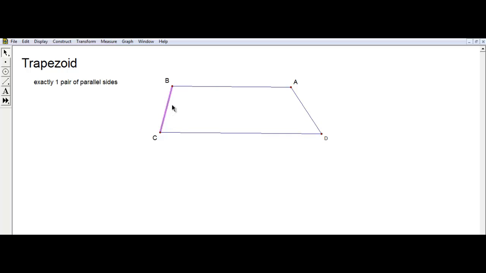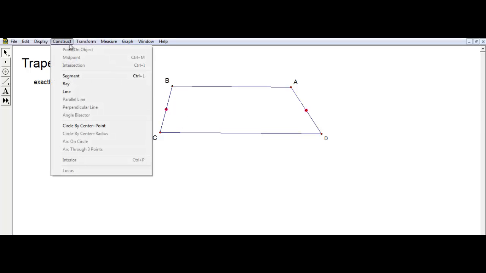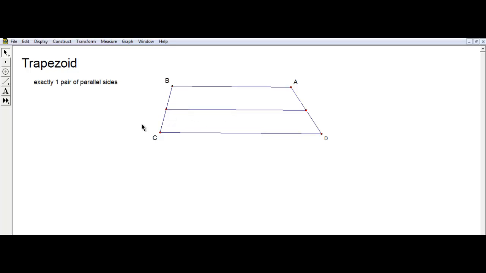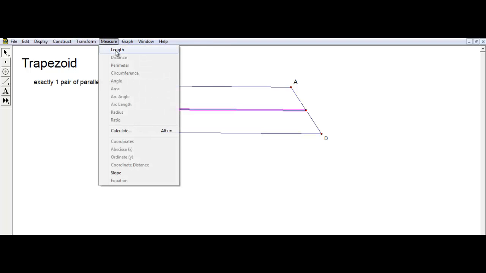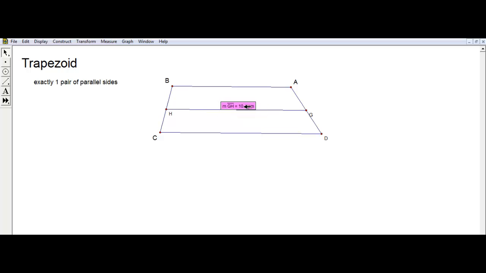Also, if we find the midpoint of our non-parallel sides, and construct that line segment that connects those points, this line segment is called the median. So the median has some properties that we need to be aware of. If we measure this median, and then we measure our bases,